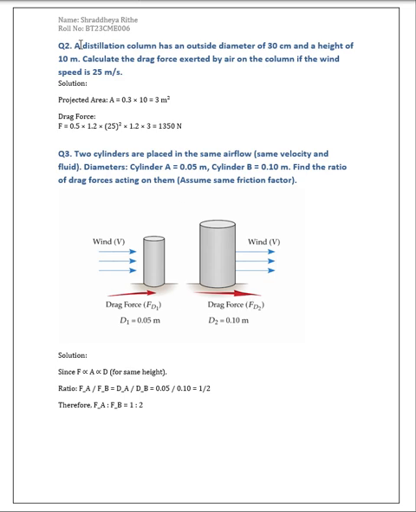The second question also goes with the same formula that we have used earlier. It asks us to find out the drag force. A distillation column has an outside diameter of 30 centimeter and a height of 10 meter. Calculate the drag force exerted by air on the column if the wind speed is 25 meter per second. So the area can be calculated as the diameter into height, which is 0.3 into 10, 3 meter square,